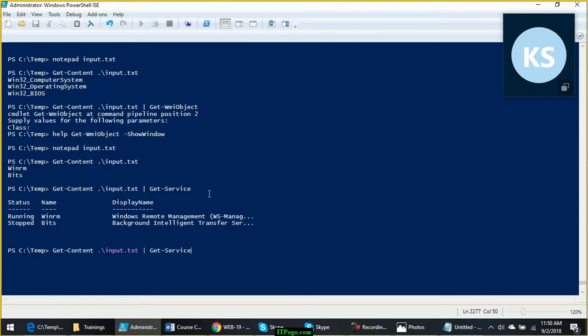because the Name parameter, when we looked at the help, is accepting the pipeline input. That is the only parameter. Name parameter is accepting the pipeline input by value and by property name.